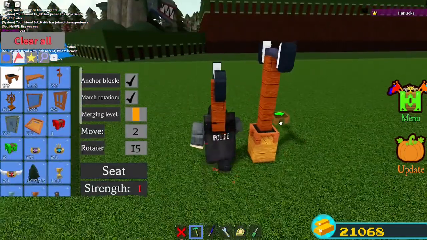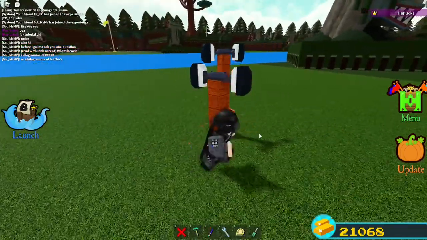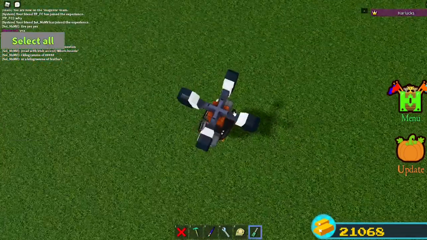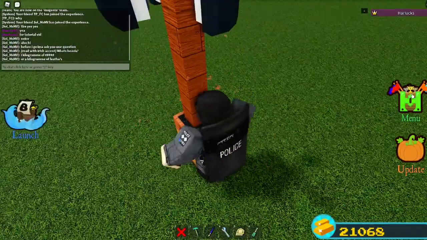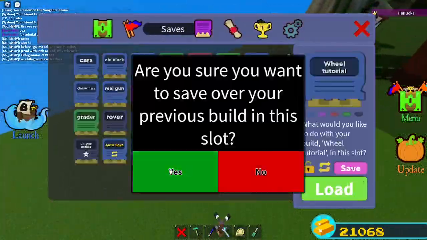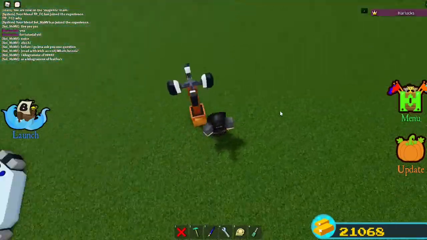grab a chair, and actually I can do it like this. So I'm gonna do it 90, sorry. And right now, if you really want to see how big this wheel is gonna be,